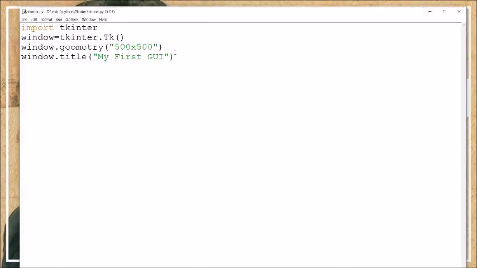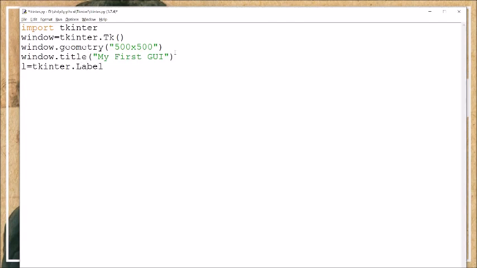Now the next thing is placing the widgets on this window. So to place, first of all we'll start with label. Label is the text which we want to display on the window. To display the label, a name should be given. It should be a user defined name, any name. Suppose I am writing L. L is equal to Tkinter.Label.